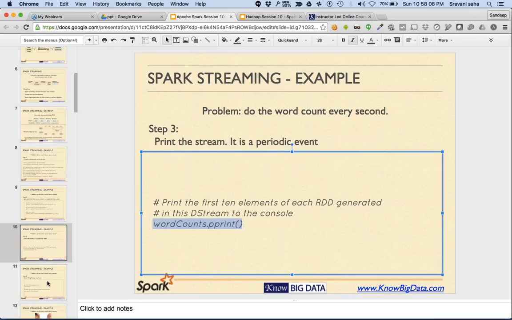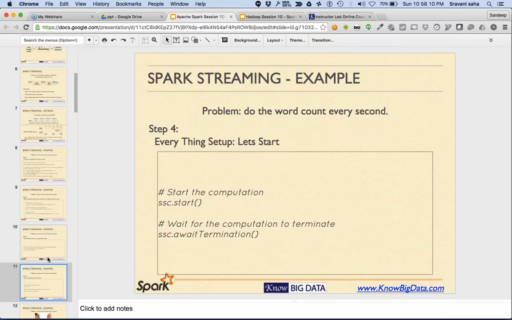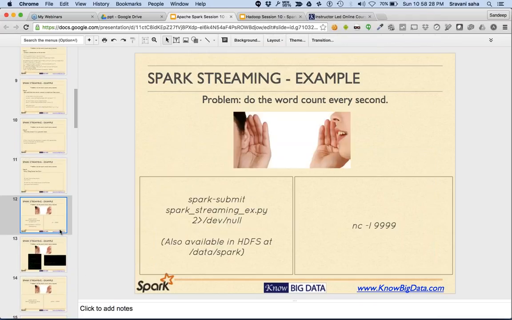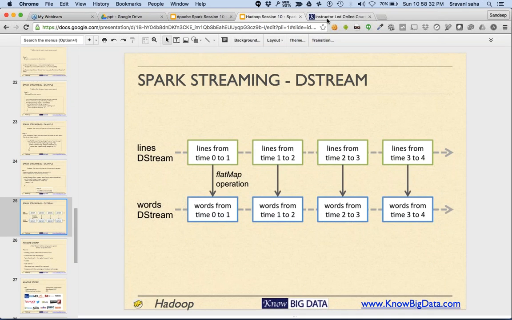Once we have finished writing the whole code, we say start the streaming process and then wait for termination, which means it is going to run for full time.